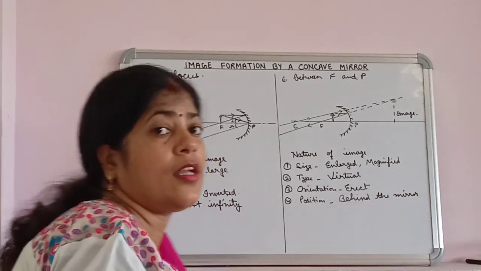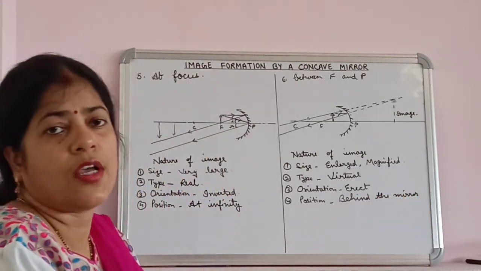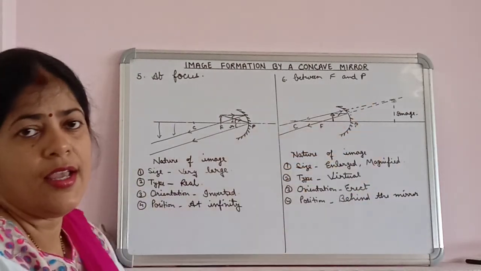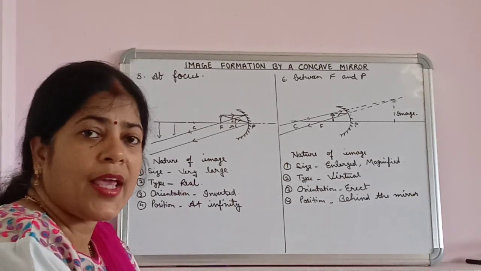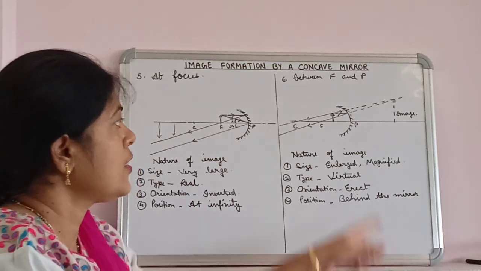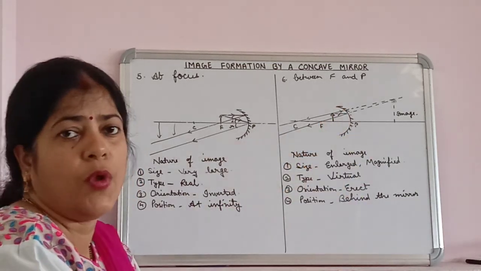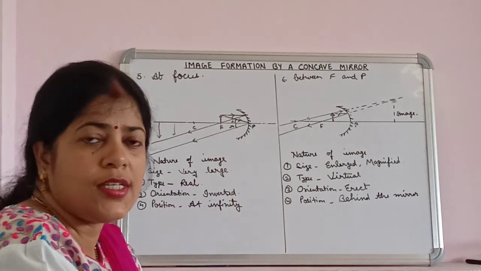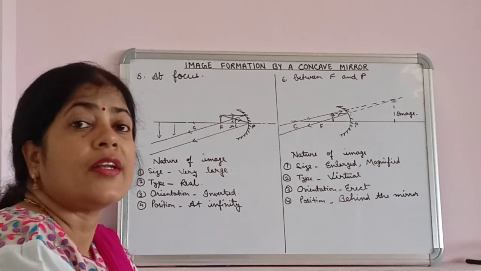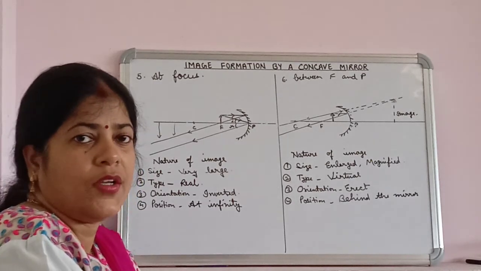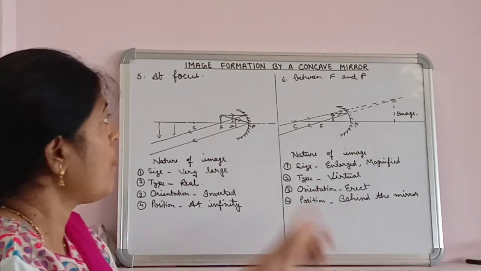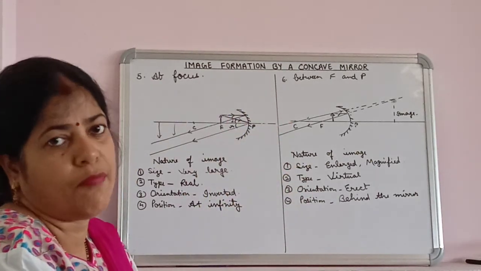And as we have discussed in our previous video, virtual images are always formed behind the mirror. So in this case also you can see it clearly that in only one case of a concave mirror we get a virtual image, when the object is kept between the focus and the pole. And in the rest of the cases, where the object is away from the focus, we get the real image of the object. Okay? So we have completed the discussion over the topic image formation by a concave mirror.